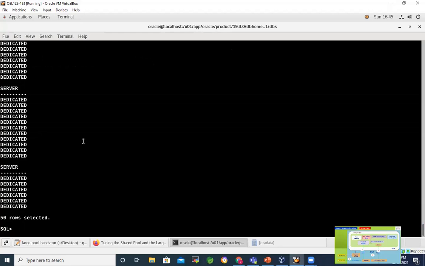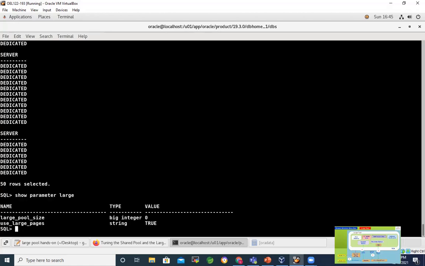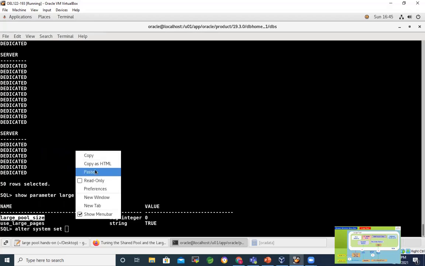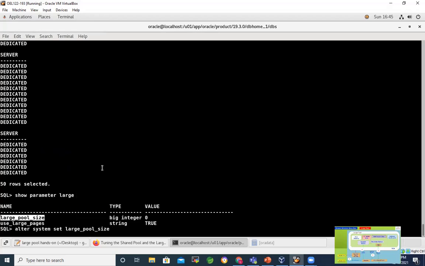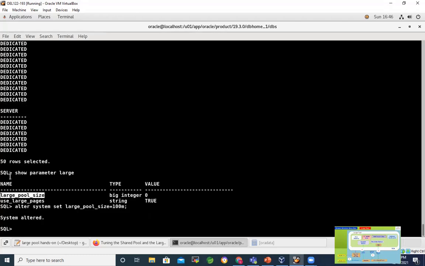I don't have a shared server defined here. But we can say show parameter large. So you can simply alter system set large_pool_size. This is not an automatically managed parameter, it's a manual one. You can think about a value like, okay, let's say 100 MB. I'm just setting it randomly. So it's done.